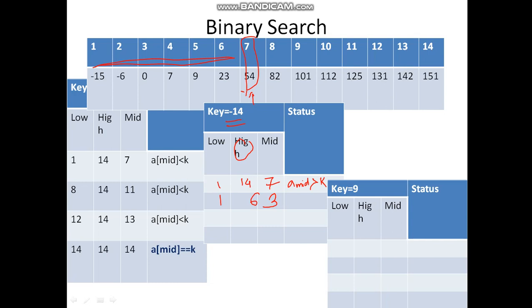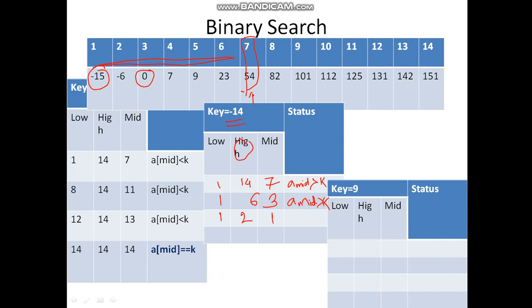Now, whether it is present at 3? No, again it is not present at 3. And I find that A of mid is again greater than K. So my high is to be adjusted again as mid minus 1. So the problem becomes between 1 and 2. So mid becomes 1 plus 2 by 2, which is equal to 1. So whether it is present at